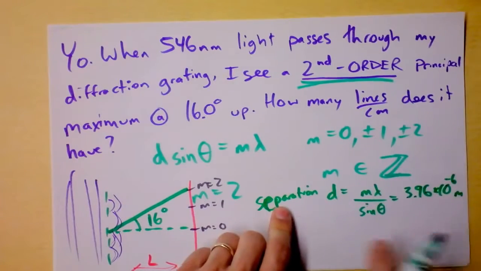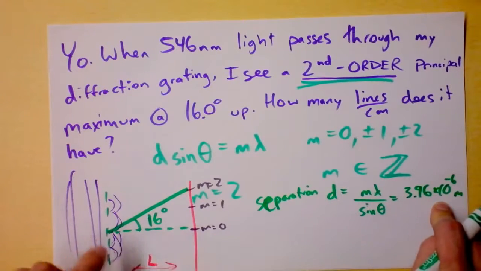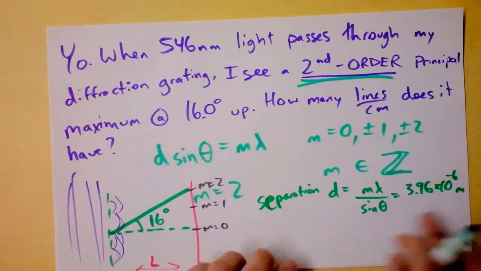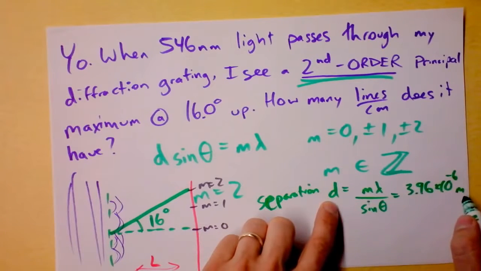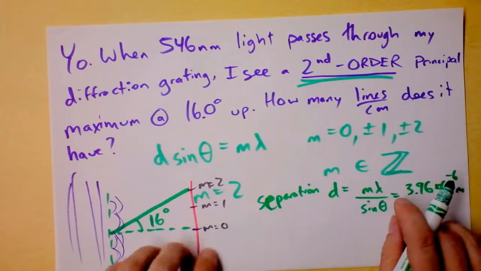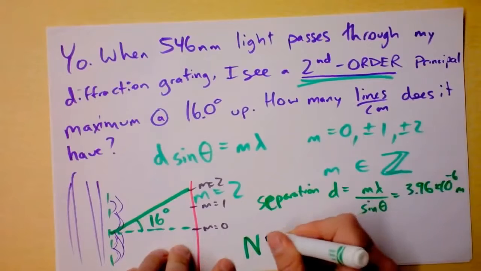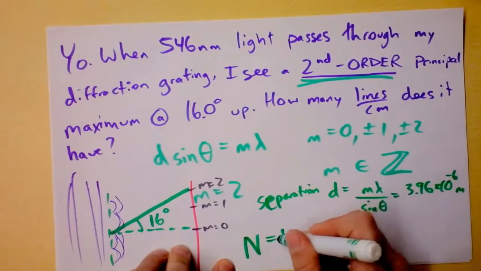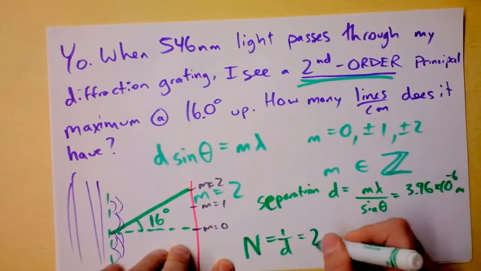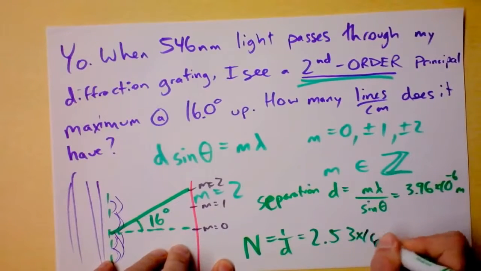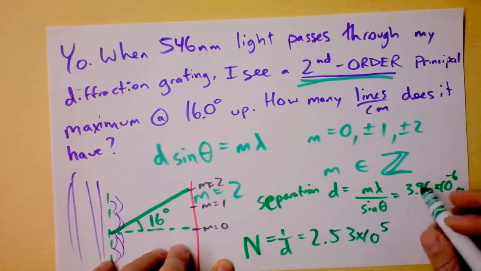So if I know the separation distance is that big, then how many of those can I fit into, for instance, a meter? Well, this is lines separation, and I want lines per meter, so I better take the inverse of that. I'm going to say that this number here is the number of lines per meter, and that's going to be 1 over the separation distance. I hope that's reasonable for you. That comes out to be 2.53 times 10 to the 5th